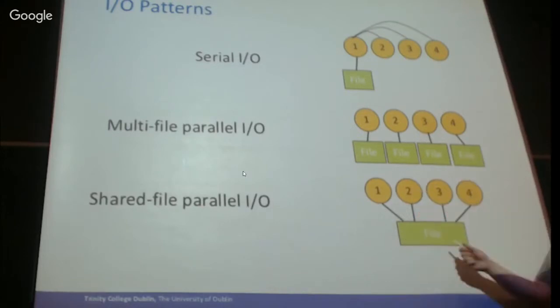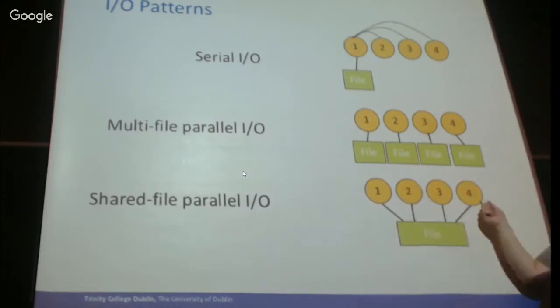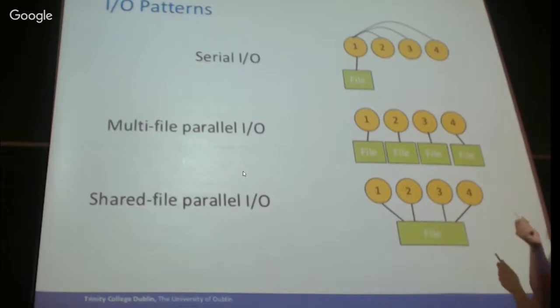What we want to end up doing is a situation where all of our MPI tasks are doing shared file parallel I/O. So they're all doing their own I/O, but to a shared file in a structured and organized way. You don't want to, because if all of these just do fopen and then do, actually,